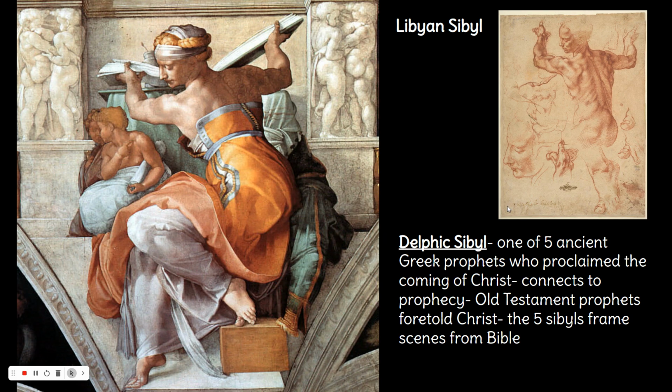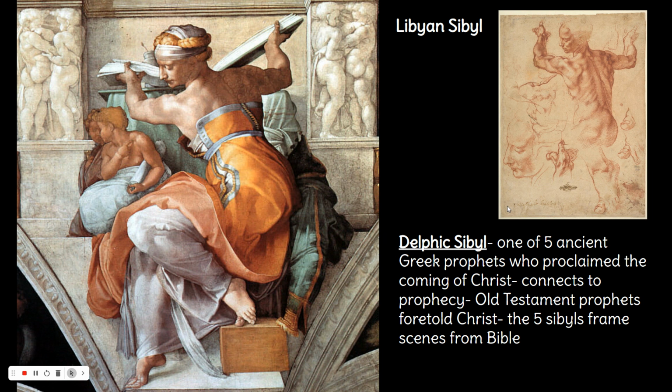So this is another element where we have the blending of classical humanism and Christianity, because these figures are not in the Bible, so what are they doing here in the Sistine Chapel? But Pope Julius II and Michelangelo are trying to connect Christian elements to classical elements. All right, so